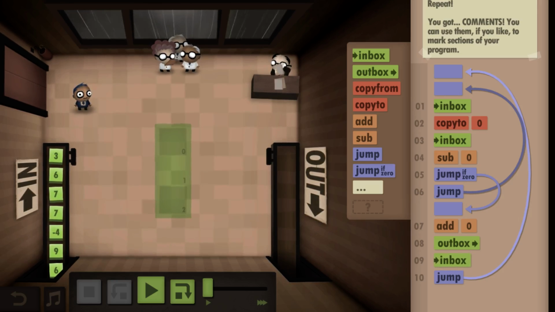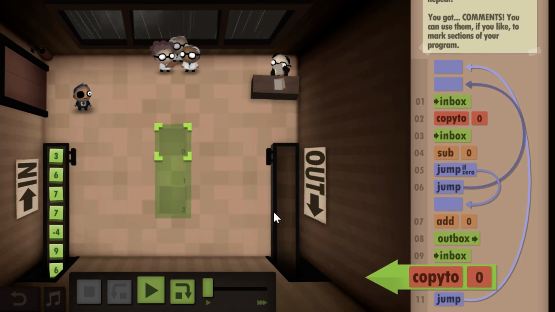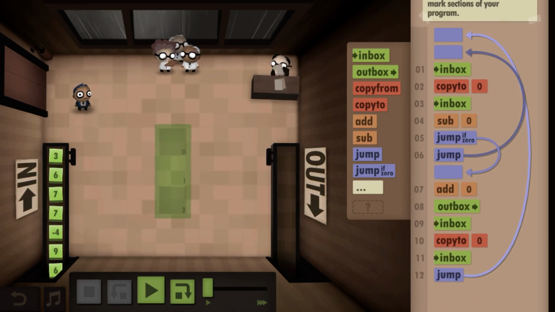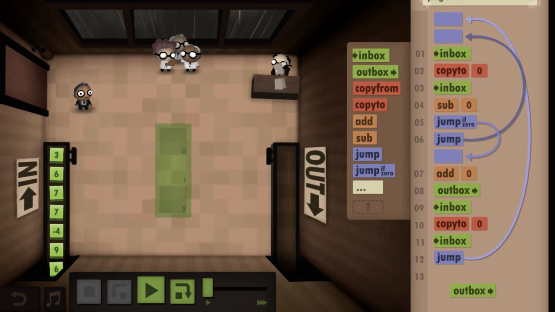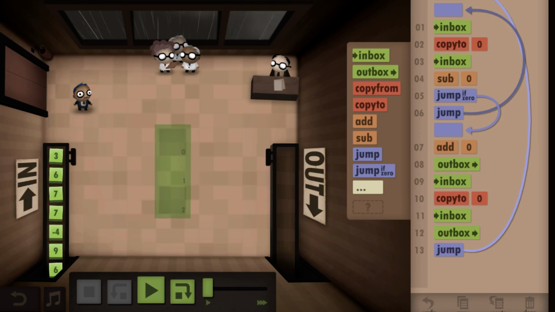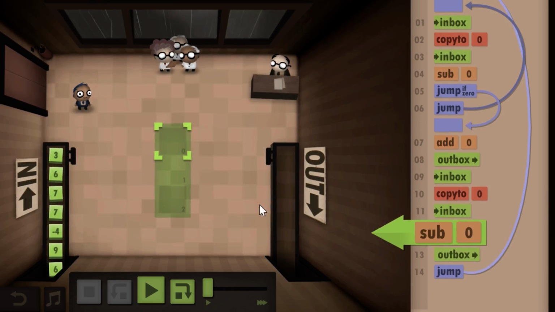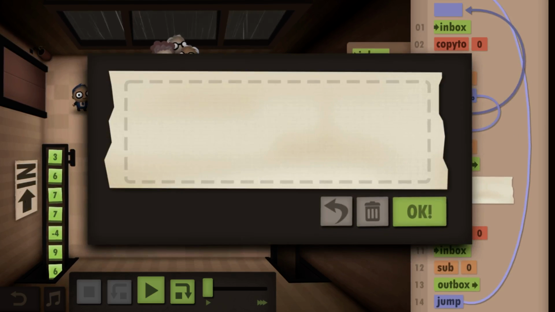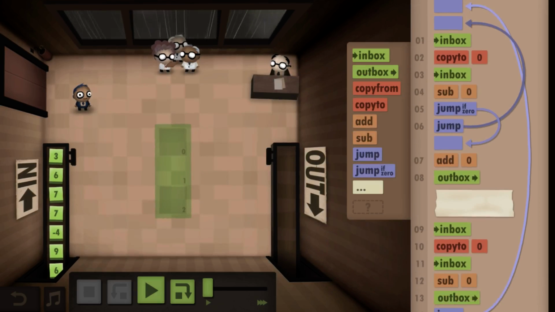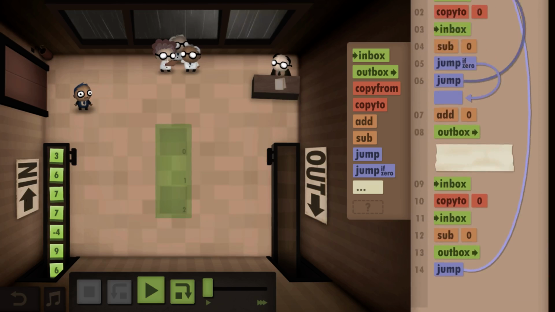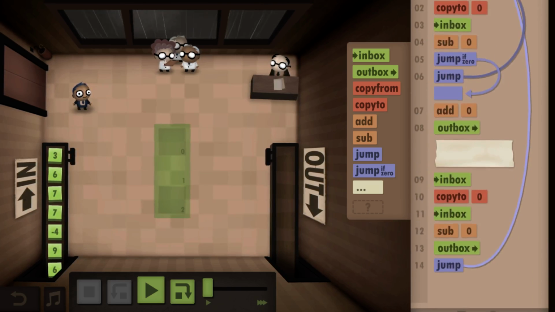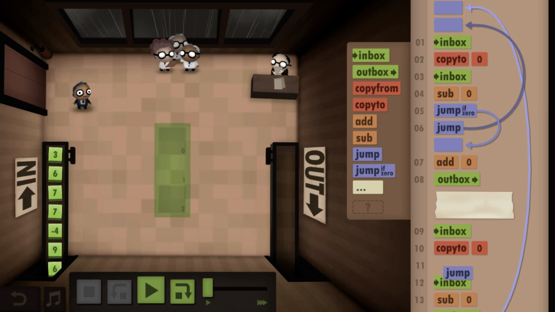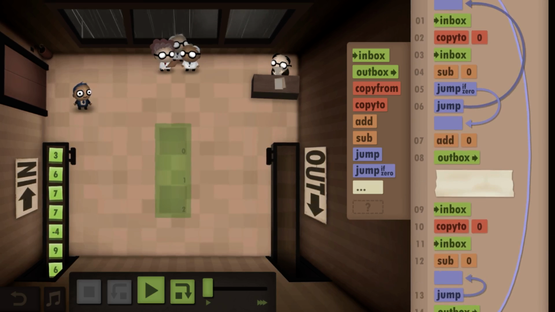So the best thing that you can do to get that done is simply just duplicate your code. As you've seen me do before, you simply then put the same thing you had already put. But now you can take something like this and make a marker and use that as a splitter to say I need everything that's up here to look exactly like this, and that helps a little bit. Jump if 0